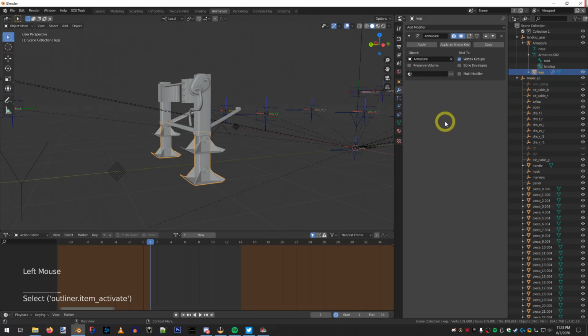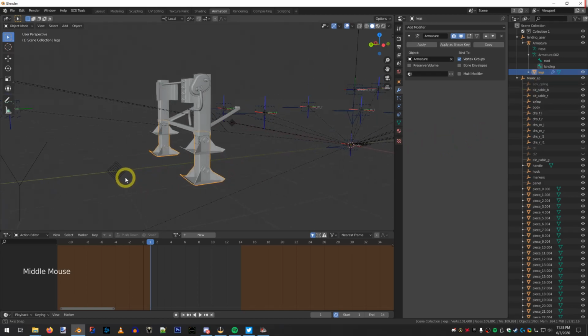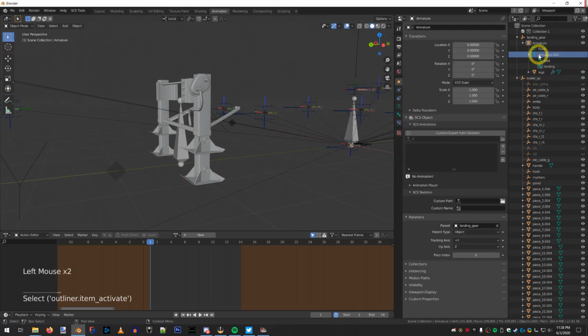Now these legs, and I was explained this very succinctly by my good friend, Nice Guy 704, in that animation doesn't